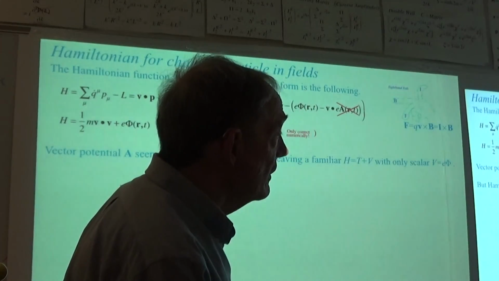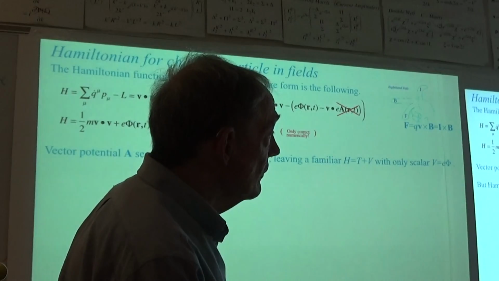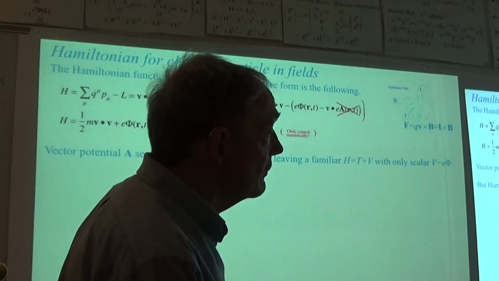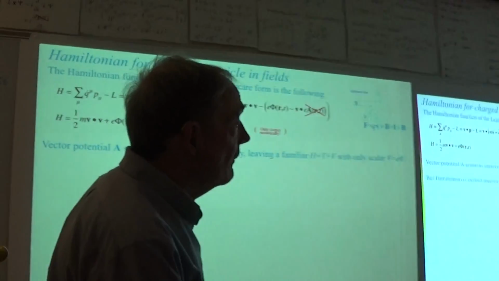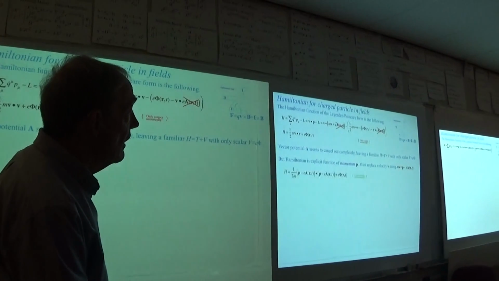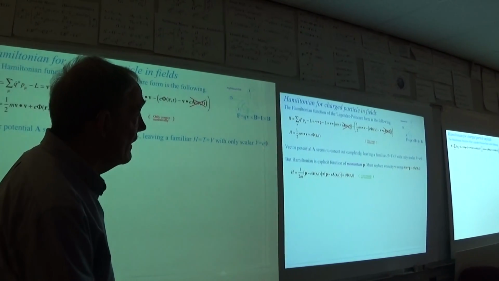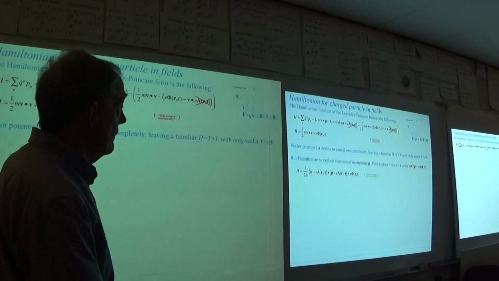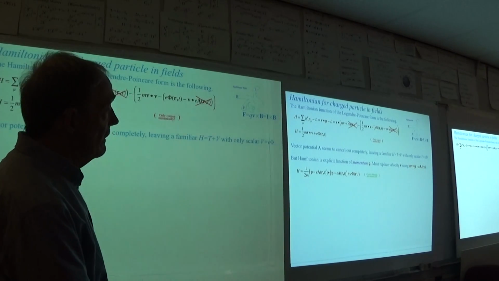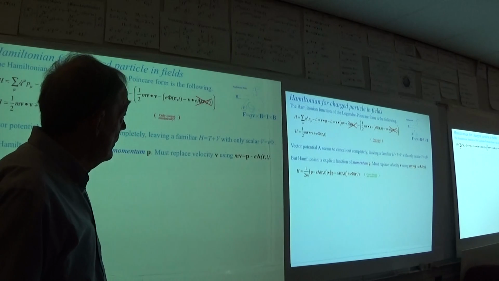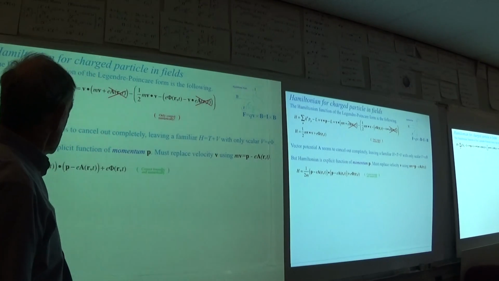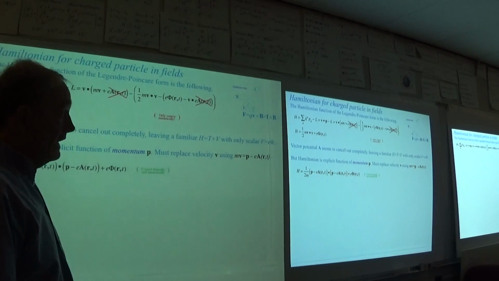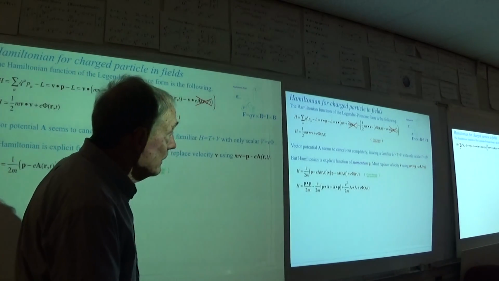But the basic idea is to replace the Hamiltonian has to be an explicit function of this momentum that we had written down before. So we're going to stick that in there. That is definitely what has to happen. V dot V is going to be this P minus EA, electric charge A on the thing,